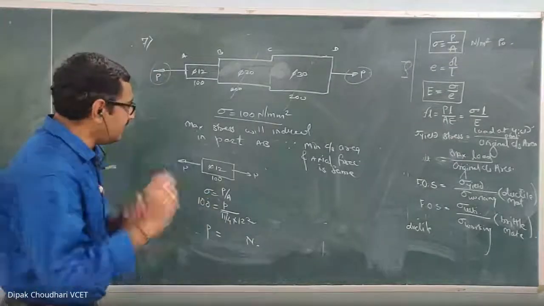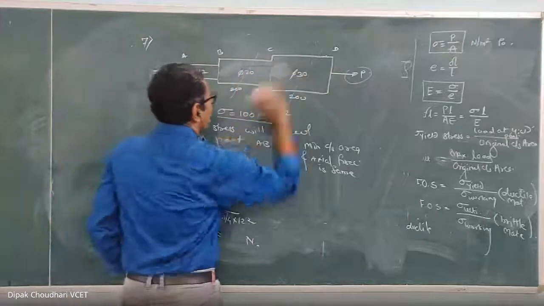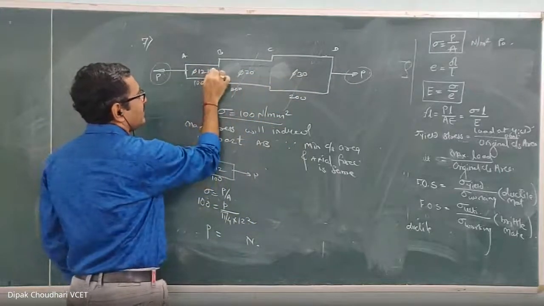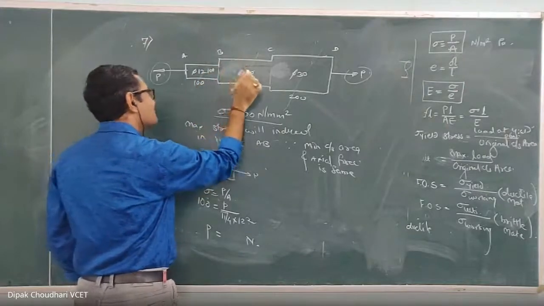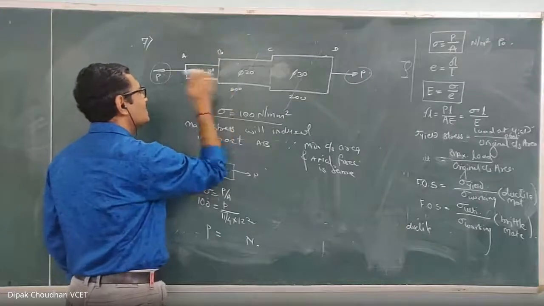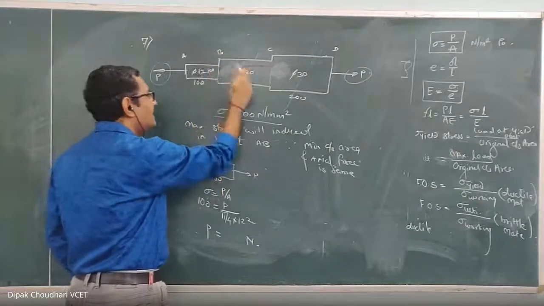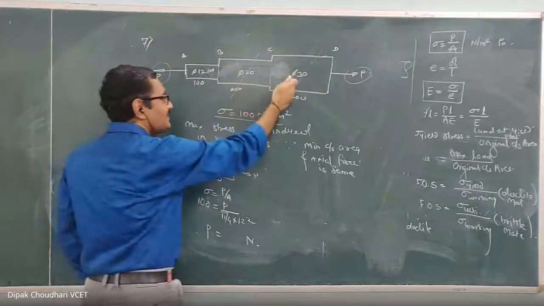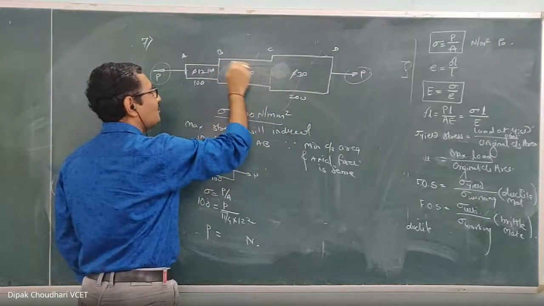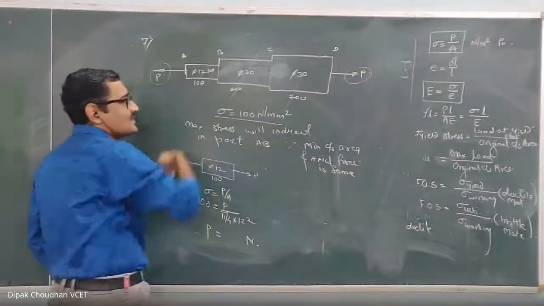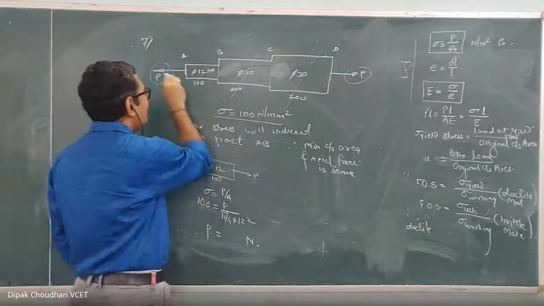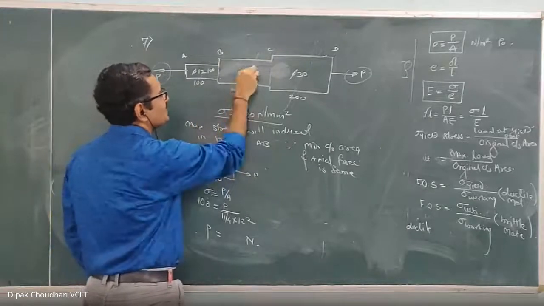Yes, and listen, the axial force is the same. The maximum stress will be induced in this part. If we consider this as 100, then corresponding to that force P, the stress induced in the part BC will be definitely less than 100. And this will also be definitely less than 100 because the same axial force is there, but the area is more. If the area is more, the stress value will be less. So don't calculate the force P considering the stress induced in the part BC.